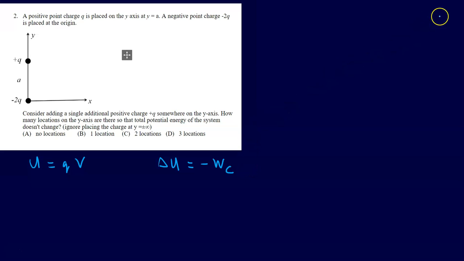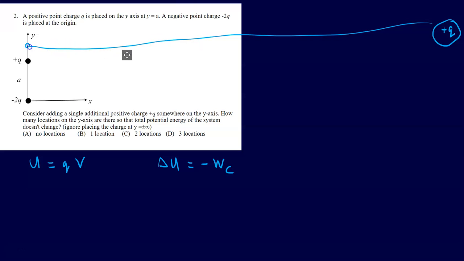And the way I'm going to try to think about this one is by adding a positive charge. What I'm basically doing is I'm taking some positive Q that's really, really far away, like over here, and I'm taking it and I'm moving it to some point over here. And so let's just try to think about that for a second, okay? And one good way to think about this is to kind of split these guys up. So let's imagine that the negative 2Q is not there. All right, and so if I move a positive Q in here towards a positive Q,